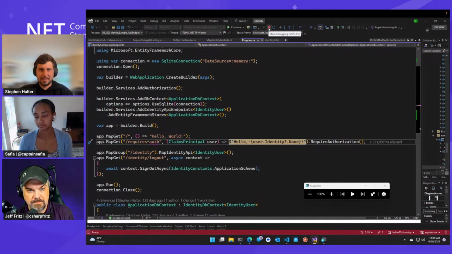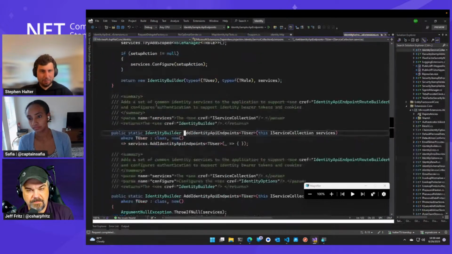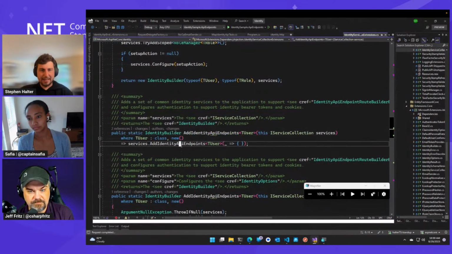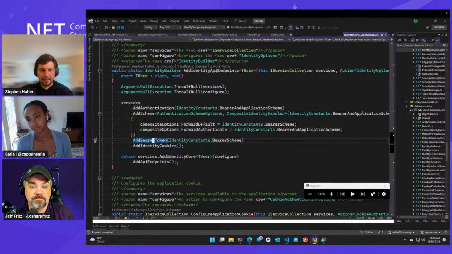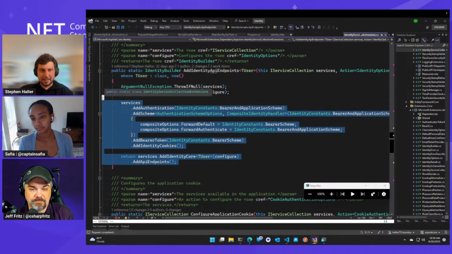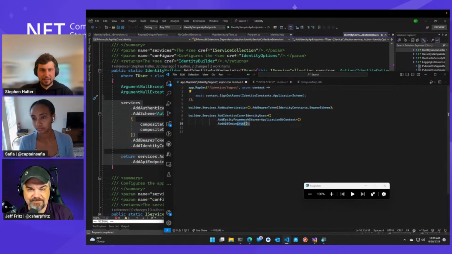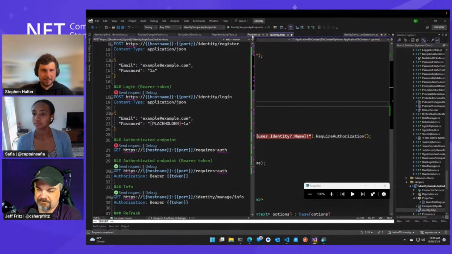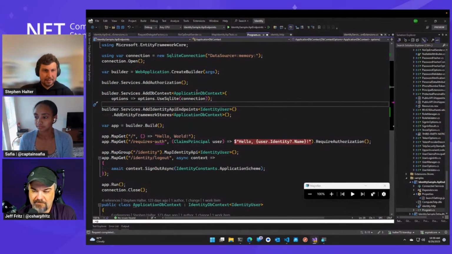Okay. Yeah, and then to finish up my last thought, this add identity endpoints is adding cookie and bearer token auth, but all of these are public APIs, right? So another way to do it, and what I was about to copy and paste to show it, is you could instead of calling add identity endpoints here,